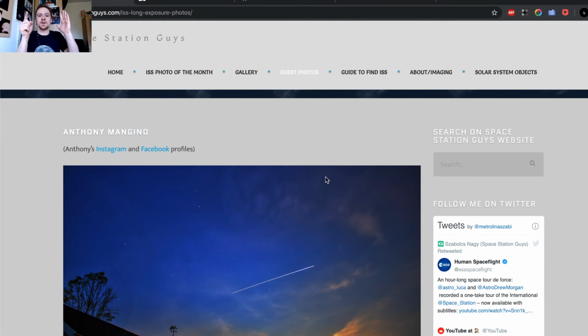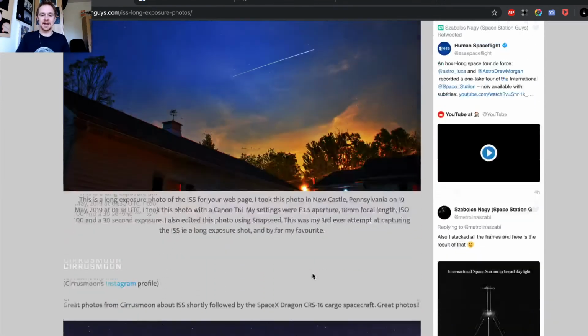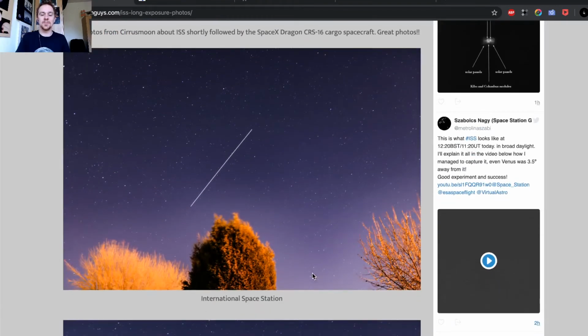The ISS is basically just a bright spot crossing your field of view, and because you are open for a longer time, it's going to be captured as a trail. That's what we call the ISS trail, and you can capture really amazing photographs.